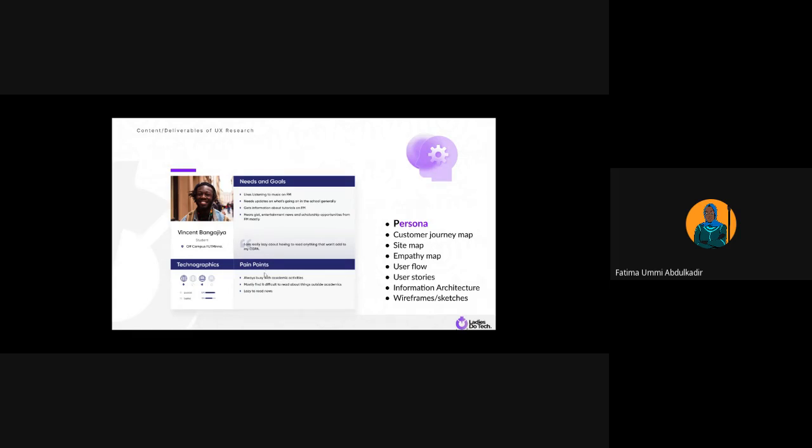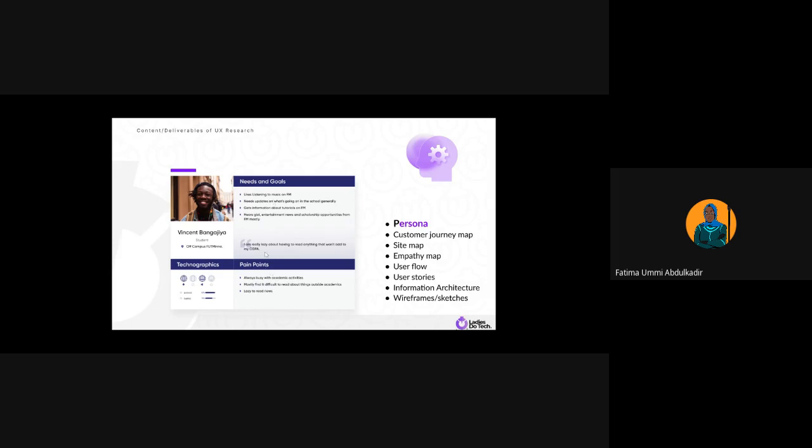Then their pain points: they are always busy with academic activities. This person mostly finds it difficult to read about things outside academics. This person is lazy to read news. So when you are building what you want to build, you want those things to address some of these pain points or needs. I won't say you want to address all of them.